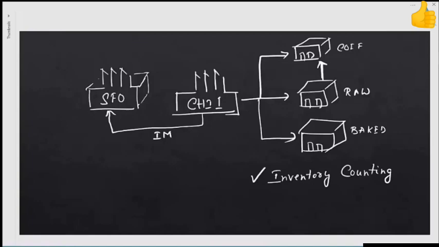So we count the inventory, make sure that what is reflected in SAP is what we have really as stock. This just ensures that the system is in sync with what really is there physically. And it also is a kind of an audit activity. When I mean audit, it just means double checking. Don't worry about that word, audit. So inventory management involves movement of goods within the company or across company codes, or activities like inventory counting or